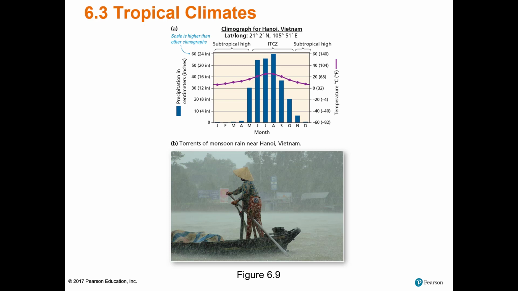You can see that between May and September, there is quite a bit of precipitation. The temperature doesn't vary very much, and so that purple line does have a little bit higher values in the summer months of June, July, and August, and there's a little bit cooler, but again, this is not very extreme